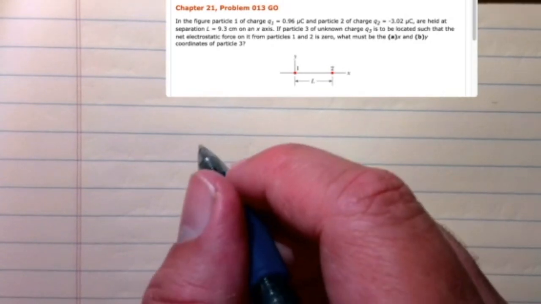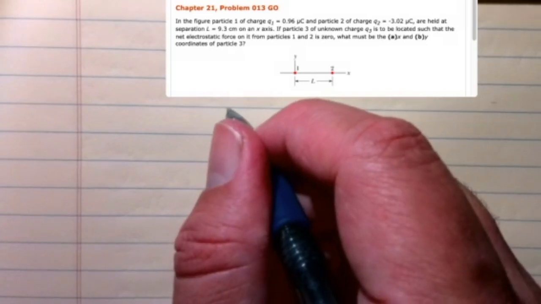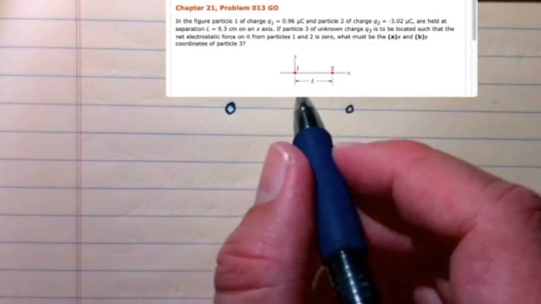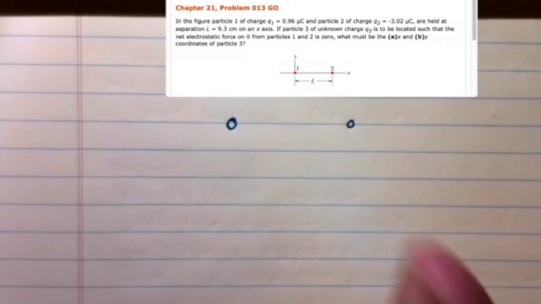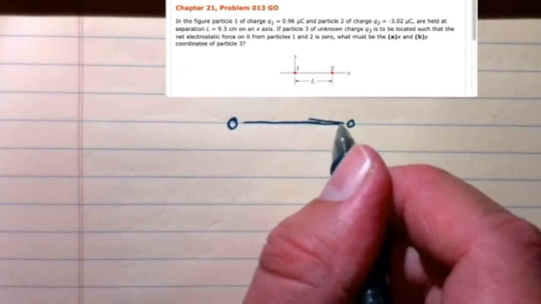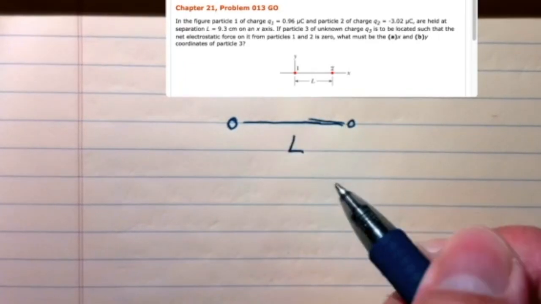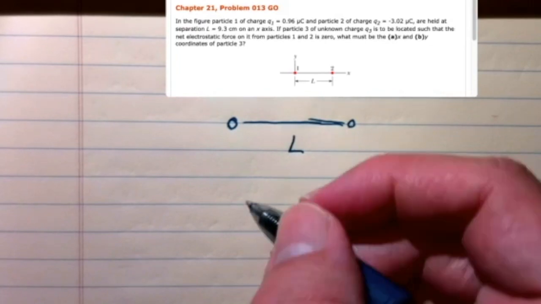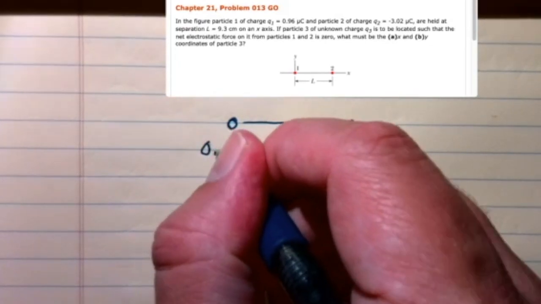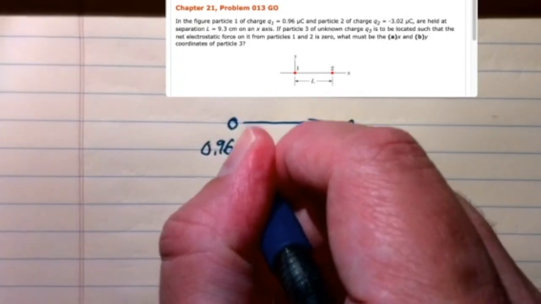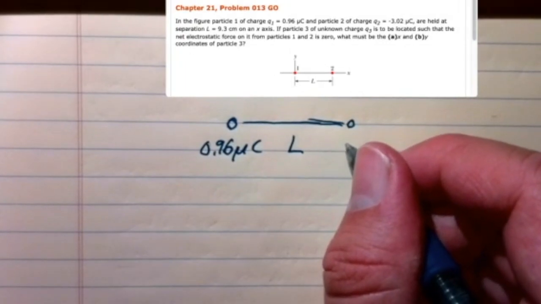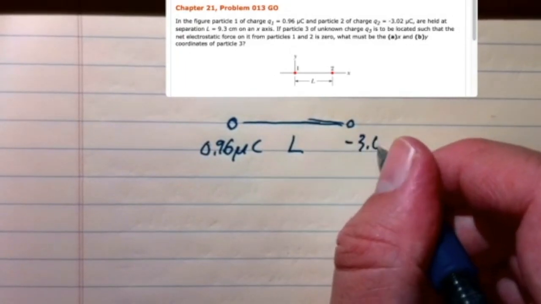Okay, so even though there's a drawing there, I'm going to draw the picture, because when you do physics problems, you should always draw the picture. I cannot emphasize that enough. Sometimes you get insights from the picture. Okay, so this is L, and we've got Q1 here. This is 0.96 microcoulombs, and this one is minus 3.02